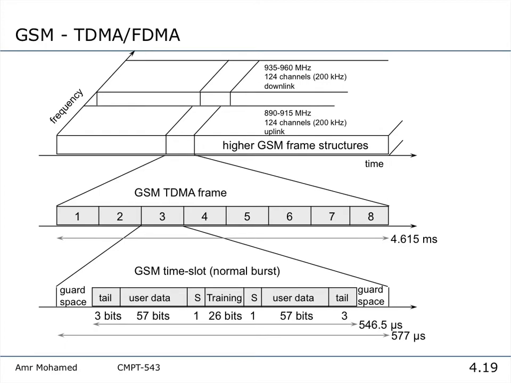I send them at the beginning and at the end to mark the beginning and the end of the time slot. Why? Because each mobile station will take these. Usually these tail bits will have changes in the signal, and these changes in the signal are used for the clock to adjust. So it's like I'm sending my clock as part of the data for other mobile stations to synchronize with me. This is one of the very common techniques for facilitating synchronization: to send some redundant bits,